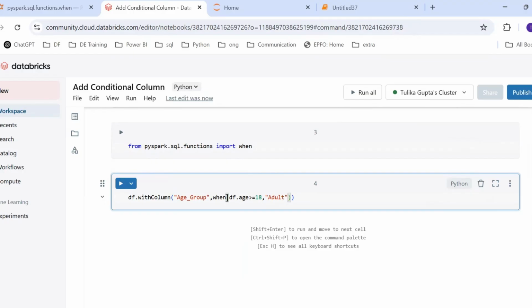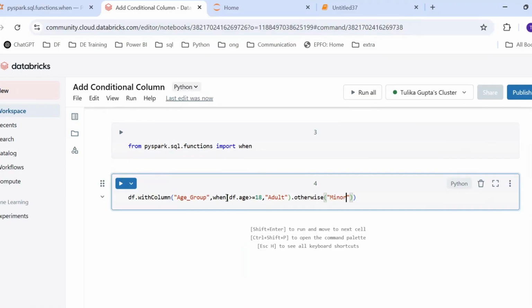So that's the first condition. Let's look into the second condition. We are going to use otherwise. So if it is not greater than or equal to 18, all I want is to make it minor.